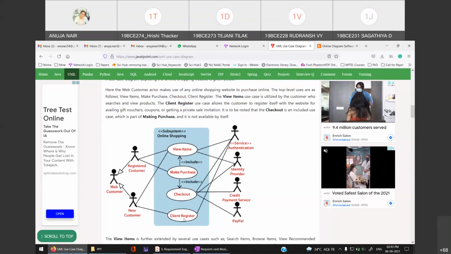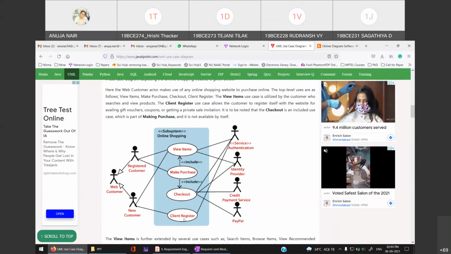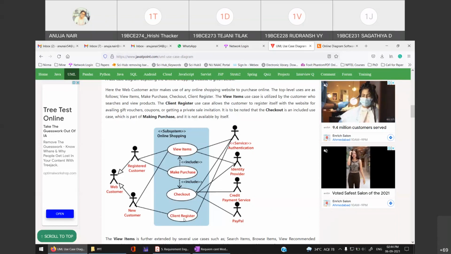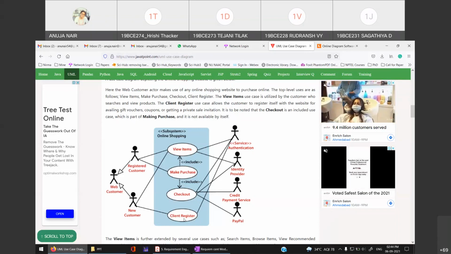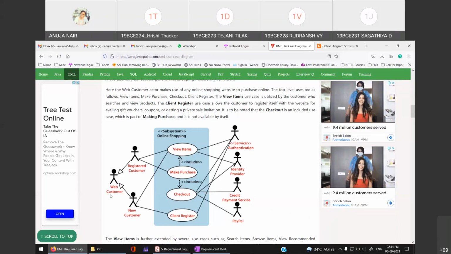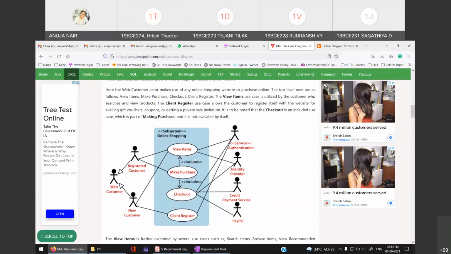So it's not compulsory to create a sub use case for every main use case in your diagram. If you feel that there are no sub functionalities, you can skip that. But you cannot tell me that you will make your entire system in a single use case diagram. That's not possible, because I have told you to take a big system, so you have to make multiple use cases.